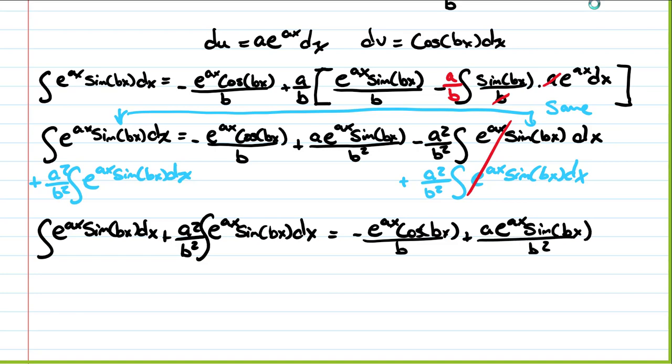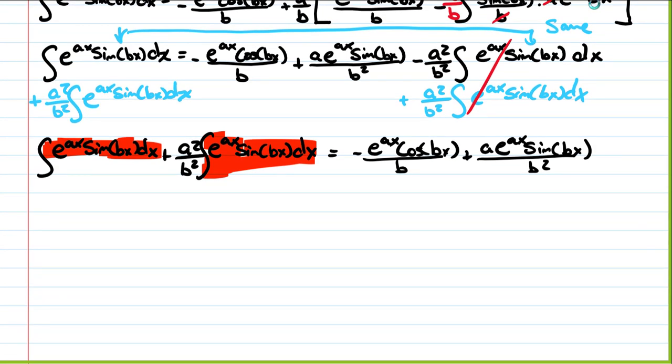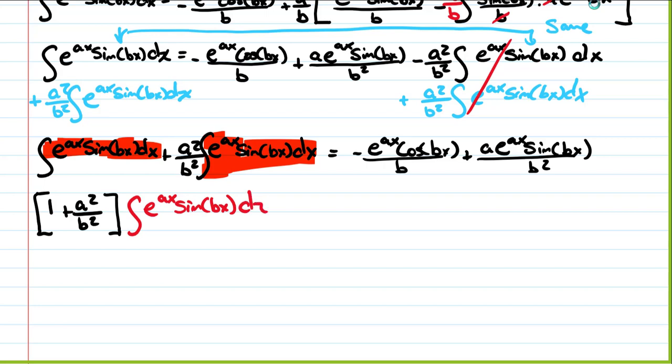So now we just need to finish solving for that integral. Well, we have a common factor of that integral that we can factor out, right? Because I have that in each of them. So if I factor out the integral e to the ax sine bx dx, that's going to leave behind 1 plus a squared over b squared times the integral e to the ax sine bx dx is equal to